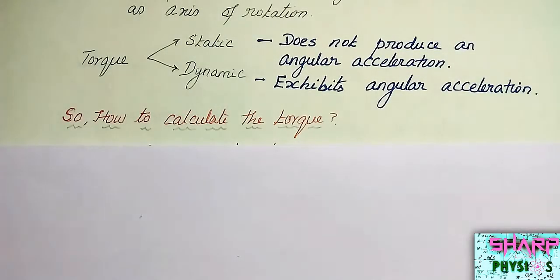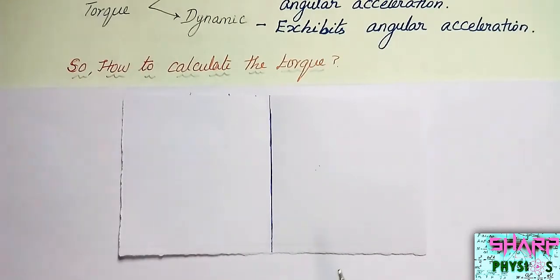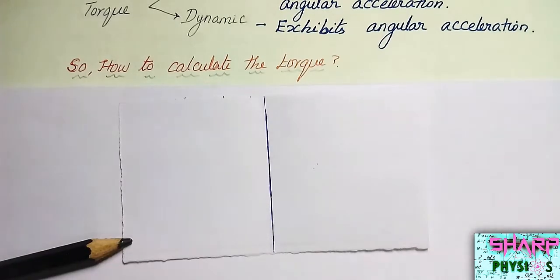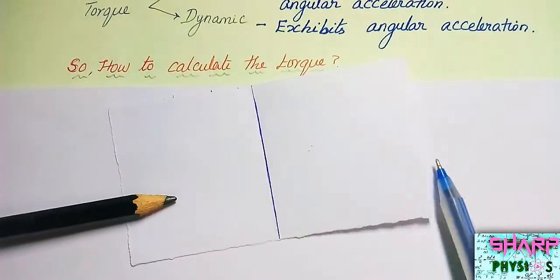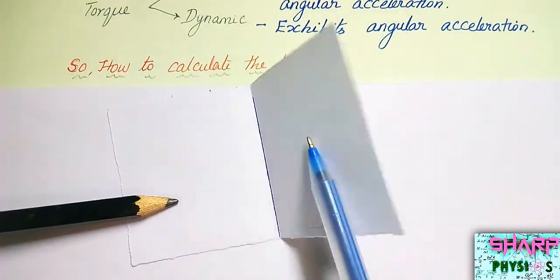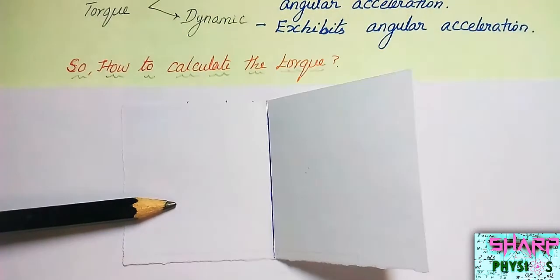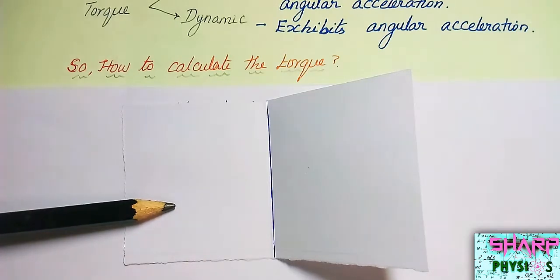Once you have a basic idea of the torque, next we have to see how to calculate the torque. So let's see how we are going to calculate the torque. I have shown you before a practical demonstration of how the torque rotates. So you get an axis here when you fold this paper, and you get an angle here when you draw a straight line here. So we will now draw this and check how to calculate the torque.